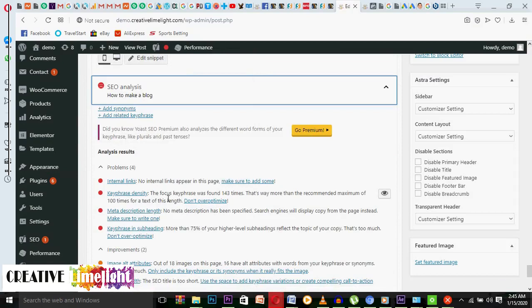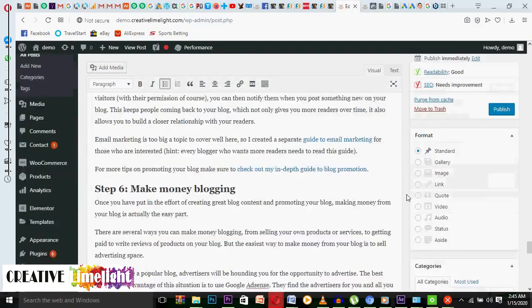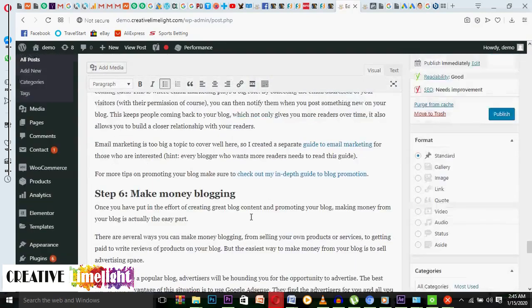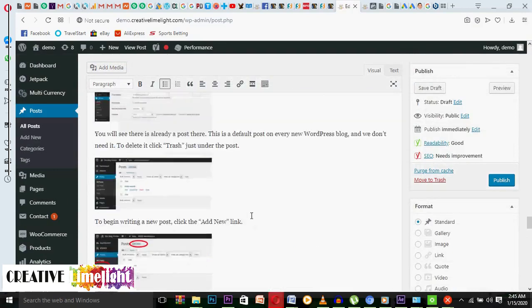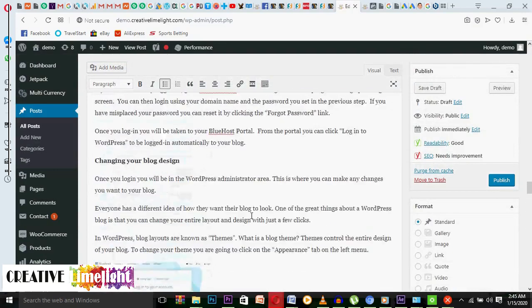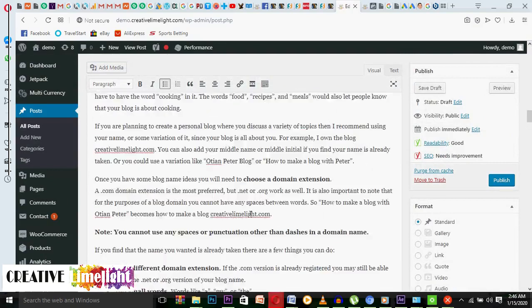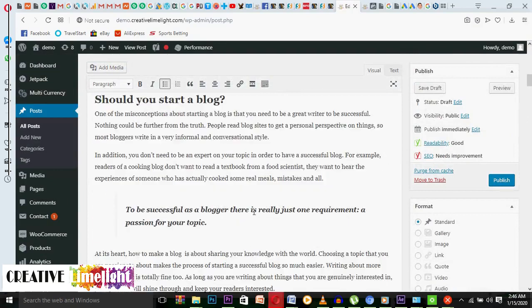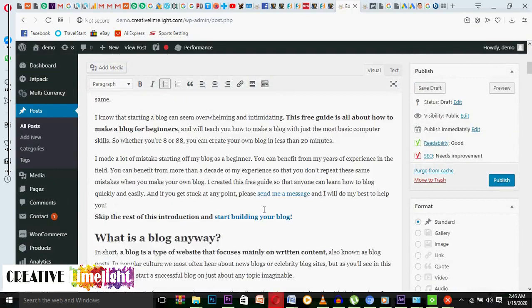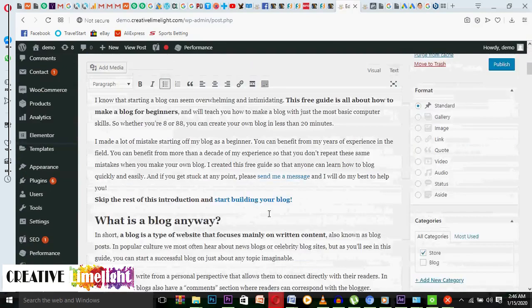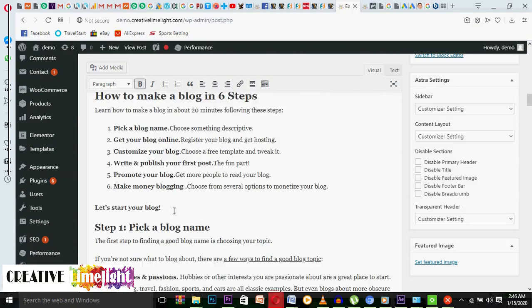Okay, so the next one is meta description length. Okay, but this one took my attention the most. Let's just handle it. Because the key phrase we are talking about, the frequency of the word blog. So every blog post has the ability to rank for more than one keyword anyway, but our focus keyword is how to make a blog. So what I'm going to do here,